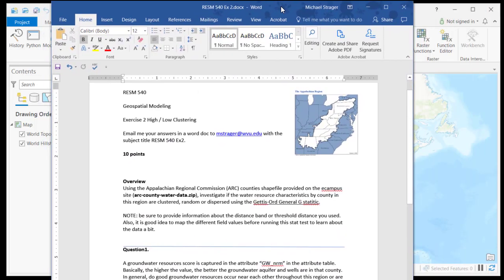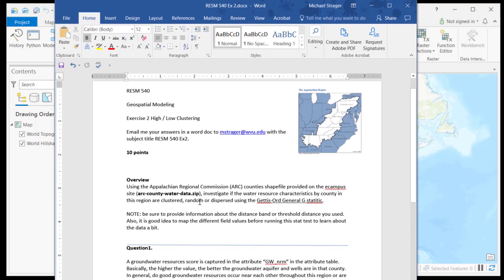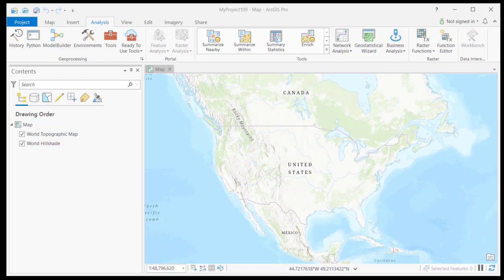So for exercise 2, what we're looking at is this Appalachian Regional Commission data set of the counties. You can get it off of the eCampus site. And we're going to investigate if these water resource characteristics in this particular region are clustered, random, or dispersed using this Getis-Ord statistic. We're using it specifically for some attributes for these counties. And we can't use the average nearest neighbor because it didn't allow us to test for the attributes. So this is a global statistic in which we're going to get one reported value for the whole